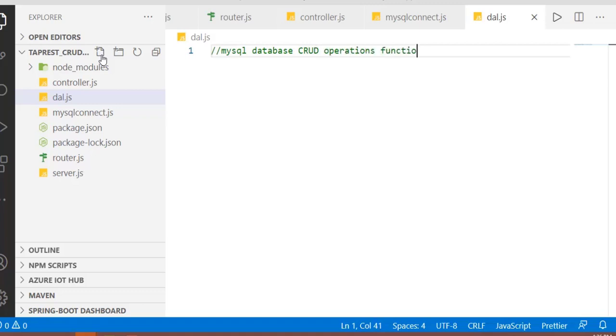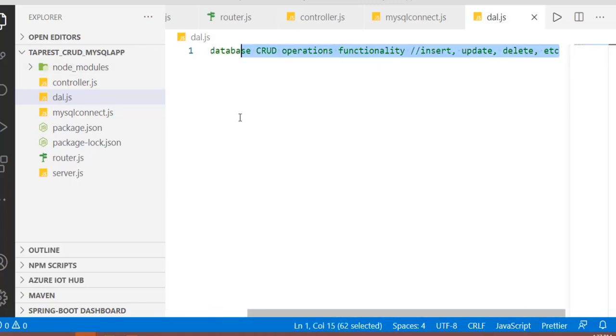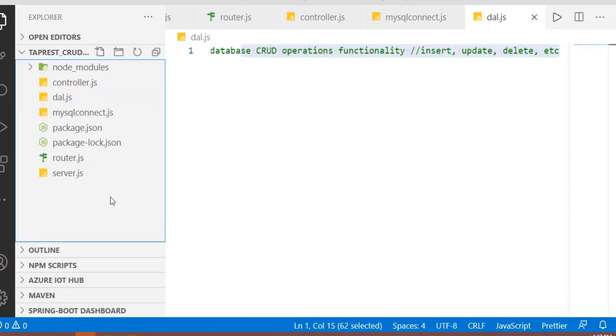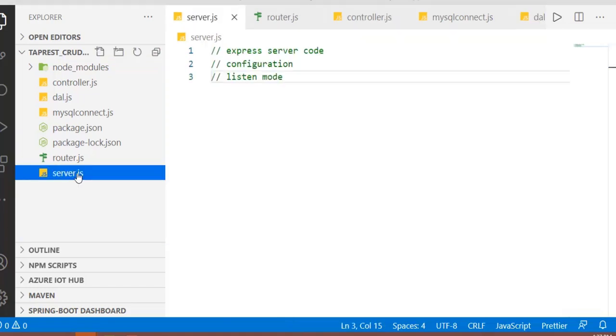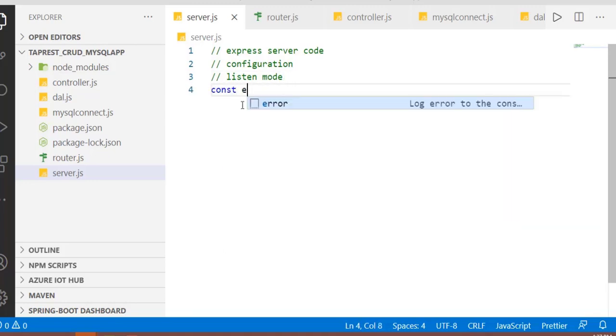We would like to perform database-related activities like insertion, updation, deletion. We will write all those functions in the data access logic layer file called dal.js. This is the way the same example which you can write in one particular file can be separated into different concerns. And we would like to see the model view controller design pattern implemented while building this simple application.